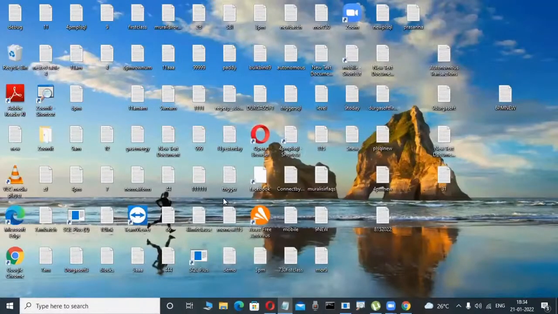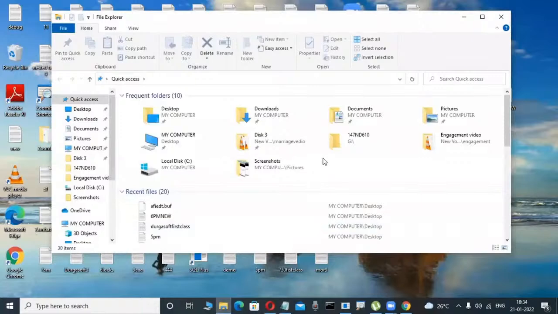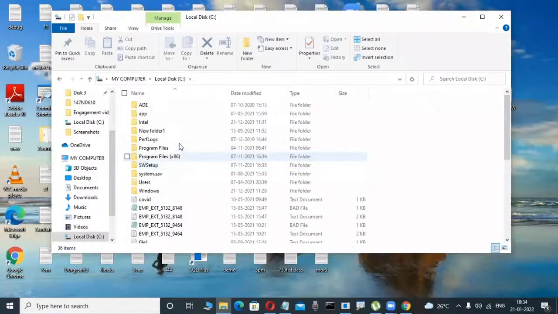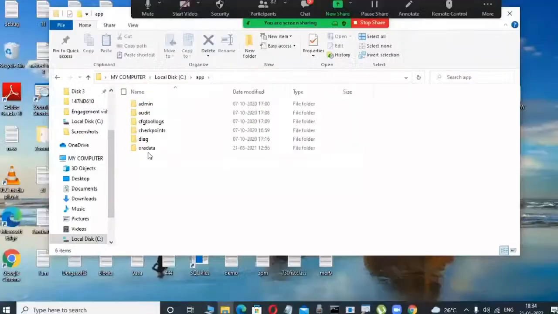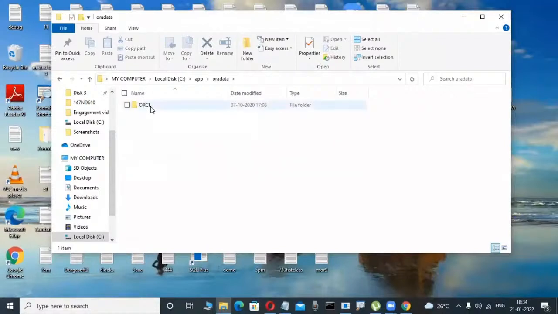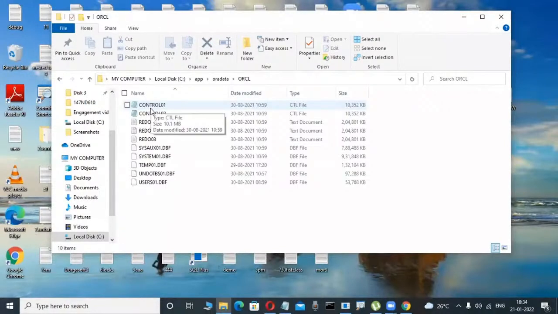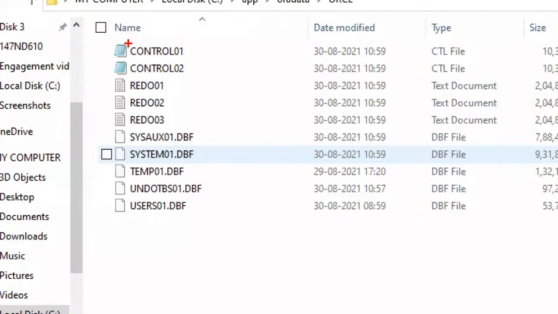Now I'm interested to view whether this table is created or not in my operating system. Suppose a Windows operating system is there, where Oracle is installed. In that location, for example in C: or D:, where Oracle is there, these are all directories, these are folders. Here Oracle, Oradata, ORCL. I'm installing my Oracle software in C:, and in this Oracle software, anywhere